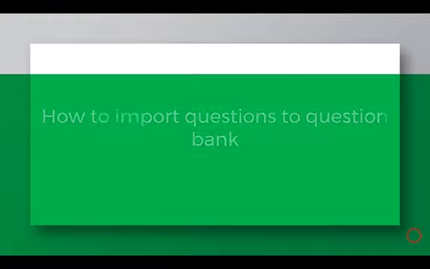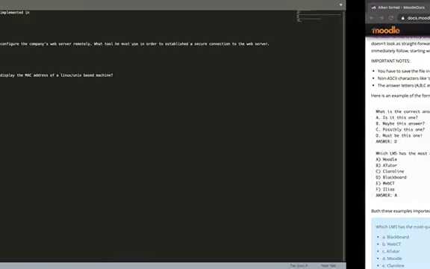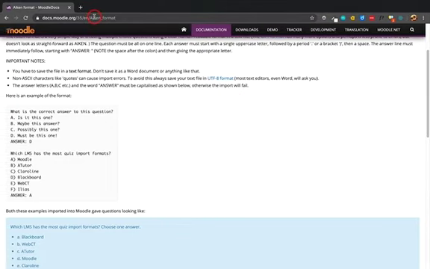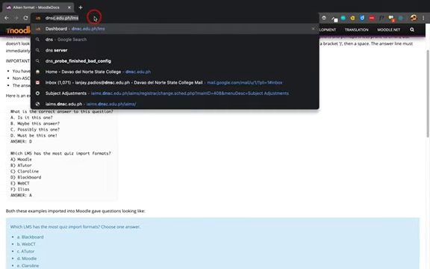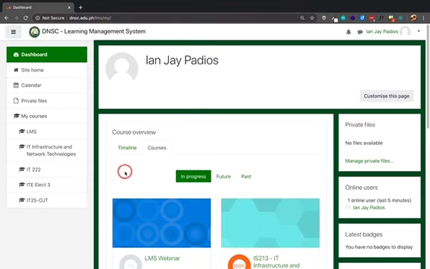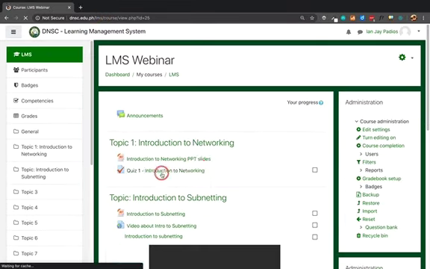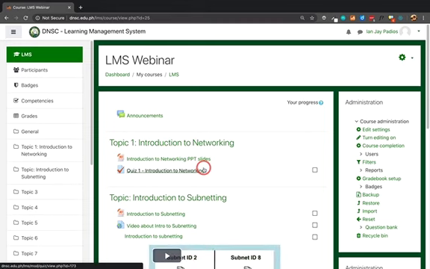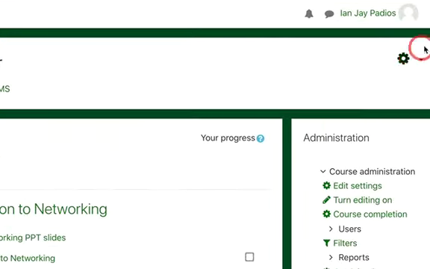Okay, so now let's try to import questions to our question bank. So let's go back to our LMS. In order to import questions to our question bank, you need to go to the course administration. To do that, you need to click this gear button,